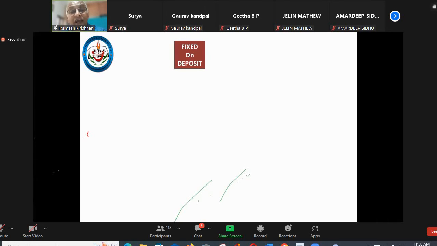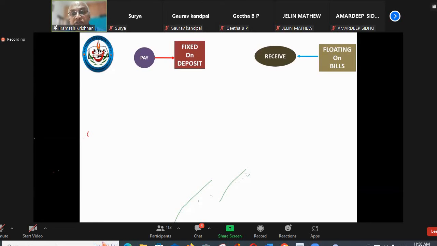Now, just look at why a swap should be done, and like futures, how you lock yourself when you do a swap. You means as a bank. Now, this is the fixed interest rate you pay on your deposit. Assuming you have taken a 3-year FCNR deposit and you pay for 3 years the present contracted rate, say 4% or 5%. Throughout the 3 years, you have to pay fixed on the deposit. Now, what do you do with that money? You discount a bill. So a dollar bill you discount